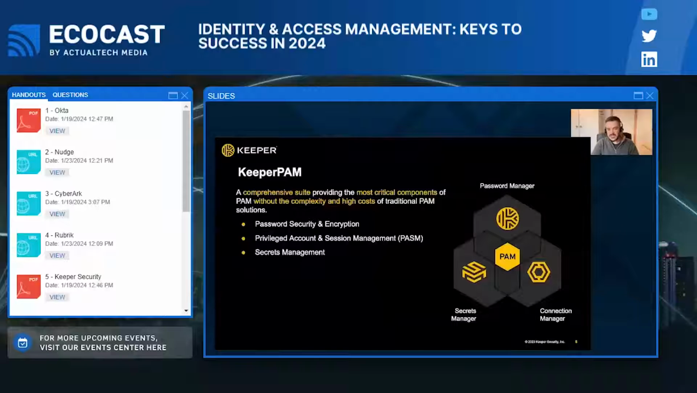And this brings us on to Keeper's PAM offering, or Keeper's next generation PAM solution. Keeper's PAM was essentially designed for today's environments, with the three main pain points that we just discussed on the last slide taken into consideration. What this means is that it combines the three most critical components of a PAM solution: secrets manager, password management, and connections, minus the high costs, excess features, and the complexity that is attributed to your traditional